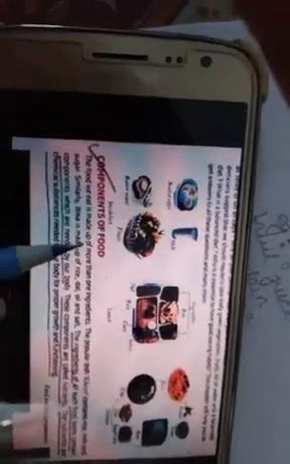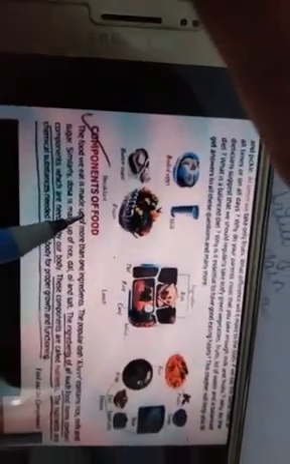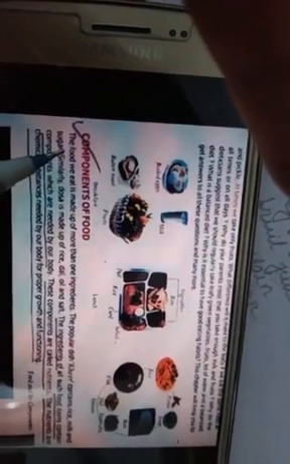Now, today we will start the second chapter, which is food and its components. First, there is given that components of food. So, components of food, in that the first line is that the food we eat is made up of more